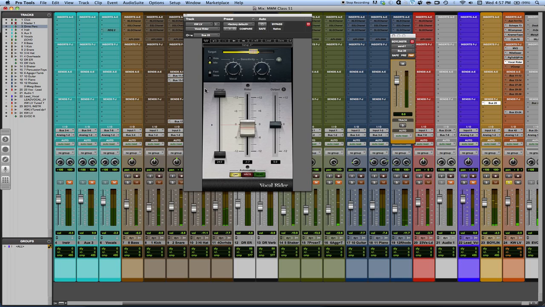And what you'll get is some kind of movement. Sometimes you get a lot of radical movement up or down. So generally, and obviously it depends on the source,